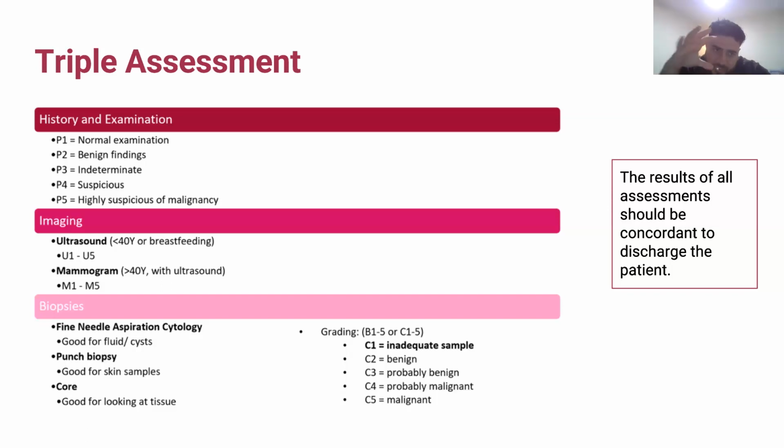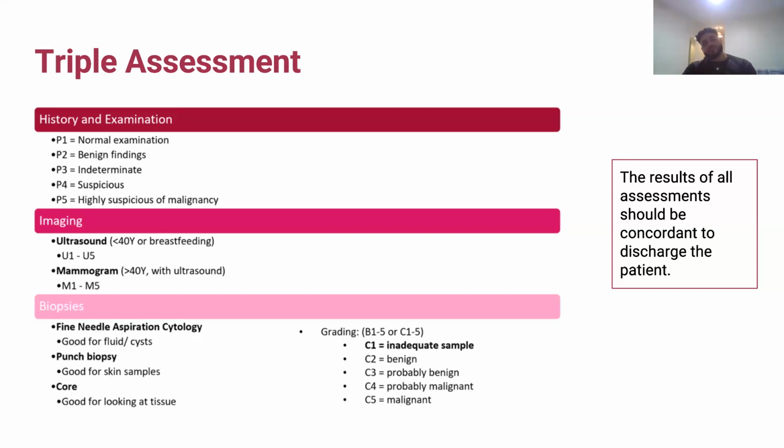And just to consolidate that, the reason you do that is I think because in younger breast tissue, it's more dense. So doing a mammogram would just give you an image that is full of a white, dense opacity all around the breast. So you won't actually be able to discern properly any suspicious lumps or consolidating lesions within the breast. Whereas over 40 years old, in older patients, the breast tissue is less dense. So you can do a mammogram as an easier way to assess the breast for any concerning lesions.